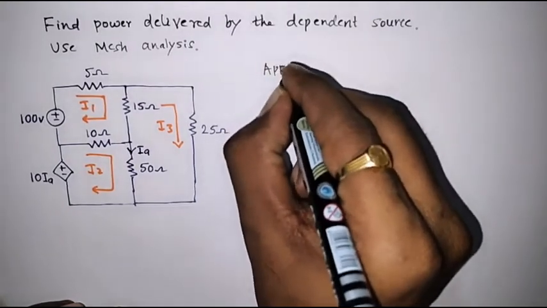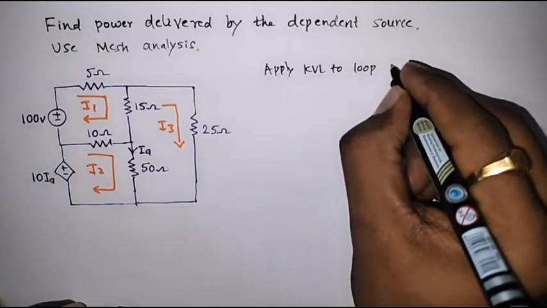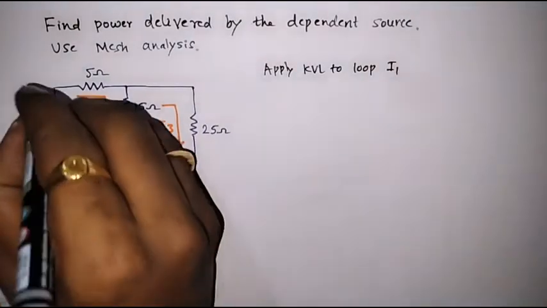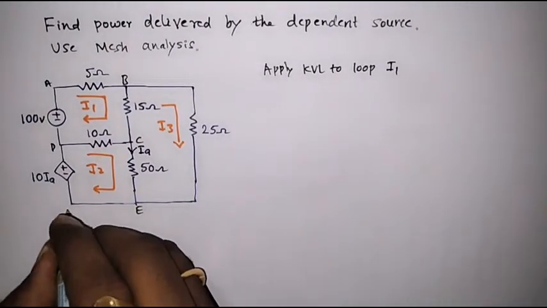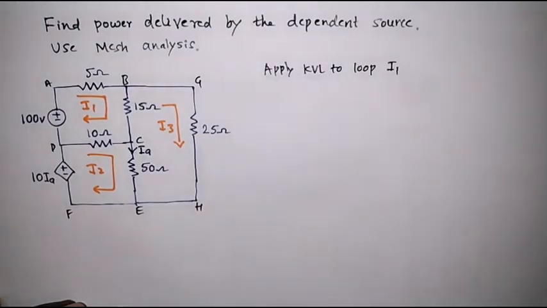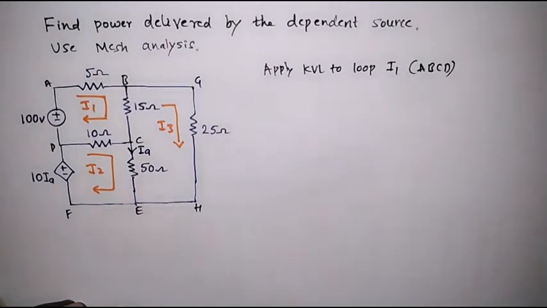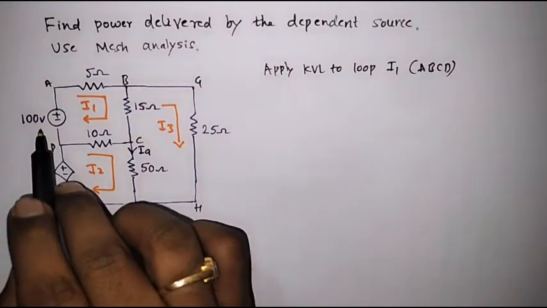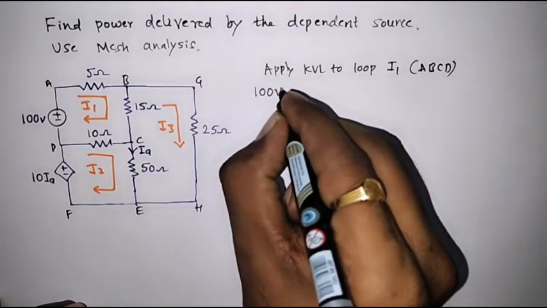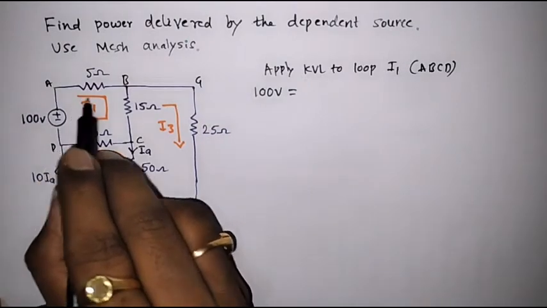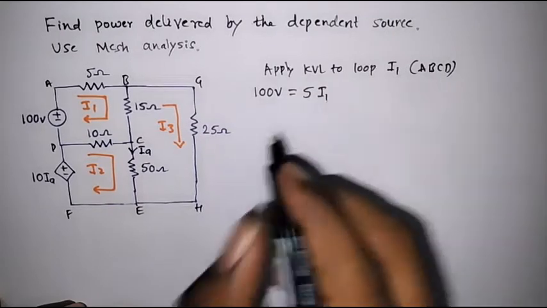Now apply KVL to loop I1. Let the nodes be A, B, C, D, E, F, G and H. Loop I1 is nothing but the A, B, C, D loop. We'll start from the voltage source. Here 100 volt is equal to, moving along the direction of I1, the drop across the 5 ohm resistor, which is 5 I1, plus then